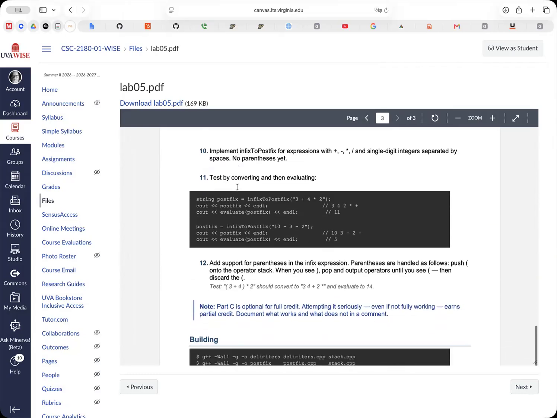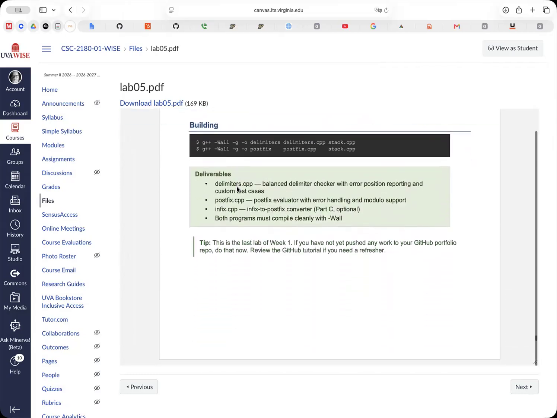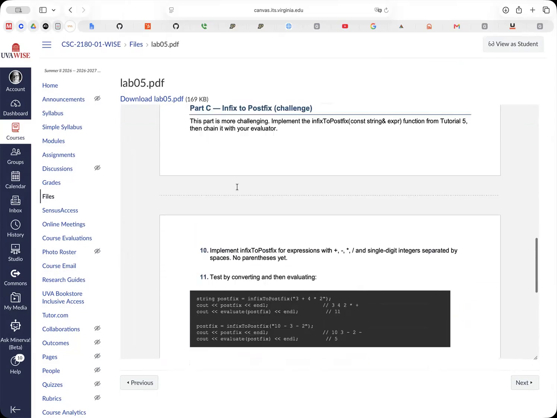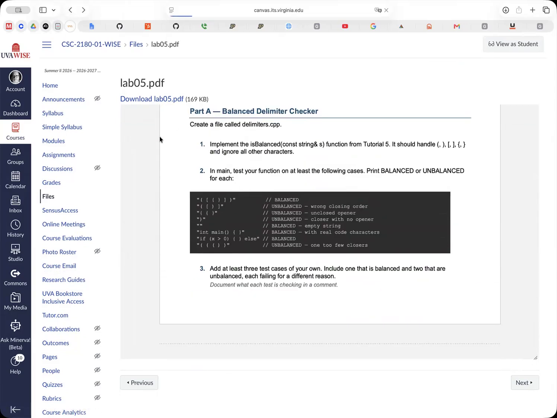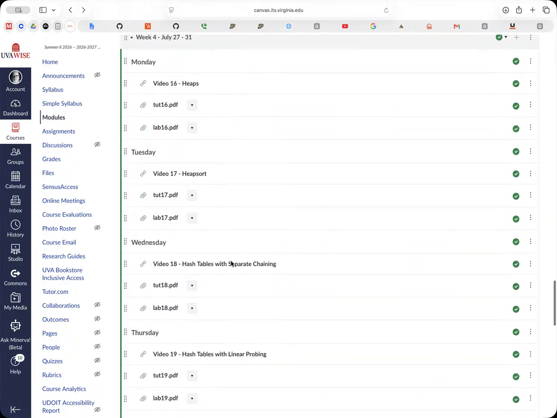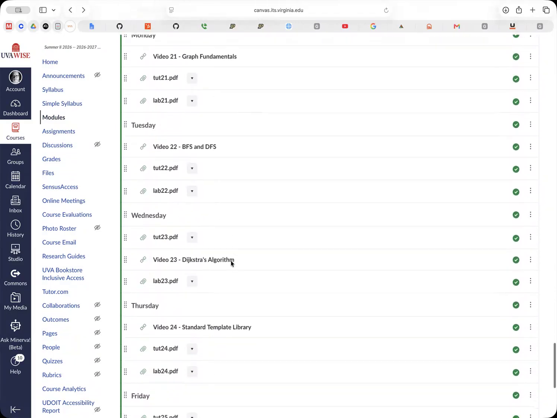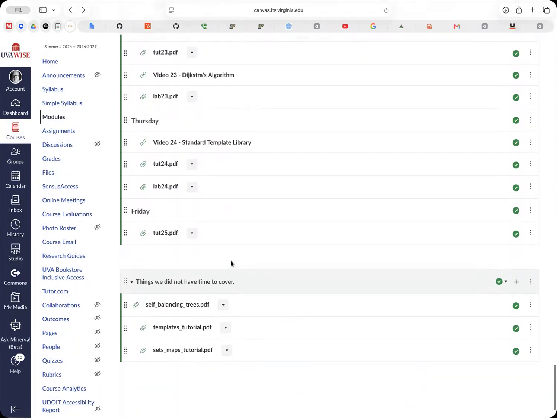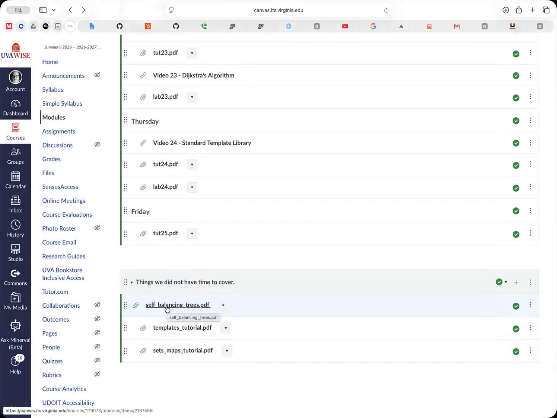Okay, then it goes through and tells you all the things that you need to know, and that's where you go for that. At the very end, there's a section on some things that we're not going to get to. There are things that I would normally cover, and I'll probably give these better titles, but we just don't have the time. There's not as much time in 5 weeks as there is in 15. There's no way to make it that way.